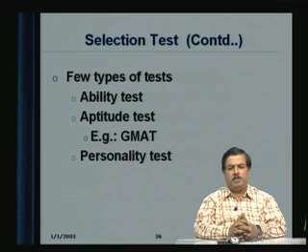In a management aptitude test, you would analyze the scope for quantitative analysis, reasoning abilities, and also abstraction. So, the Graduate Management Admission Test, or GMAT, would get that kind of aptitude of the candidate to pursue management careers. Similarly, the personality tests,